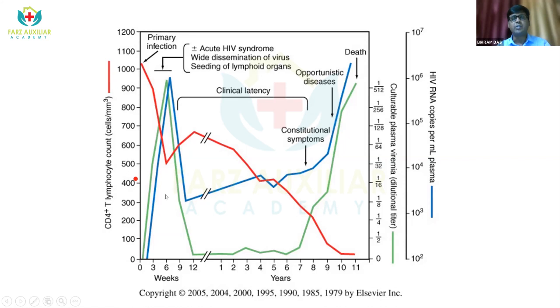So this phase is called the acute HIV or the mononucleosis syndrome. At this point of time, most of the patients neglect what is happening. But the problem is this is the most infectious phase, and here is the highest chance of infection. Gradually, the viral load comes down, and there is an eclipse phase. As I said, it persists in the lymph nodes, and then gradually it disseminates from the persisters, and then there are constitutional symptoms, finally the opportunistic infections and death. So this is the natural history of HIV without therapy.